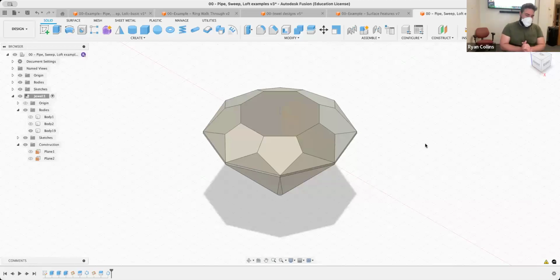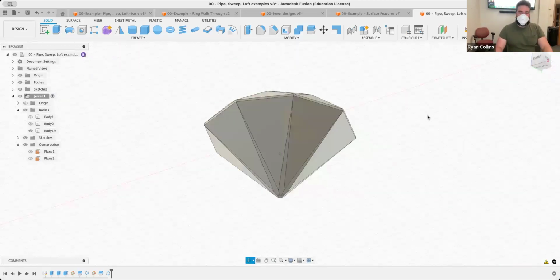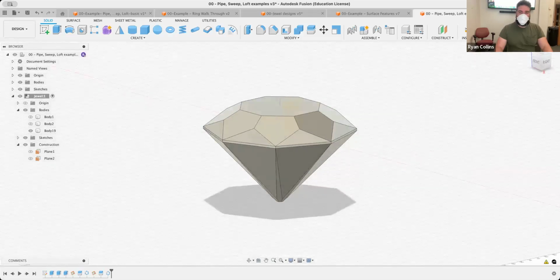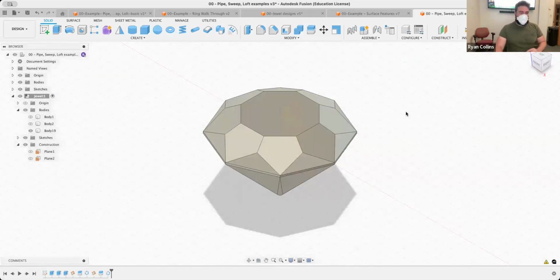Okay, so the jewel looks great. We're going to play around with that. That's going to be one of the basic components. Remember, that could be bigger, smaller, whatever you please. But the last thing I want to show on here is